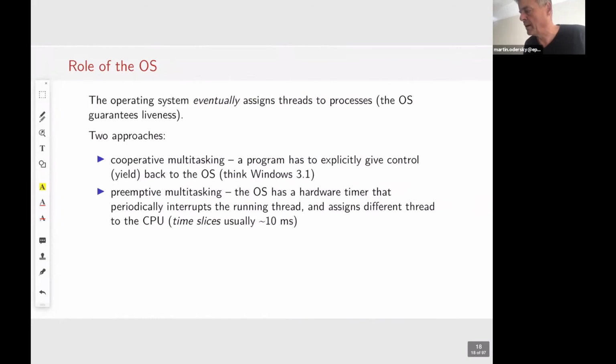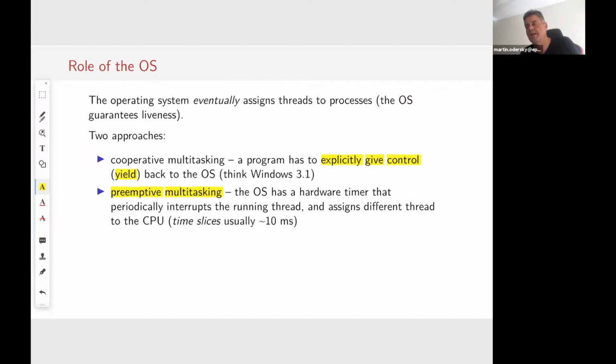To do that, oh yeah, I was getting slightly ahead of myself. It typically uses preemptive multitasking. That's the thing with the time slicing. There's another way to do it, which is called cooperative multitasking. That means that when a thread runs, it runs as long as it intends to, and it must explicitly give control back. Typically that's called a yield. A yield says, well, I'm done running for now.